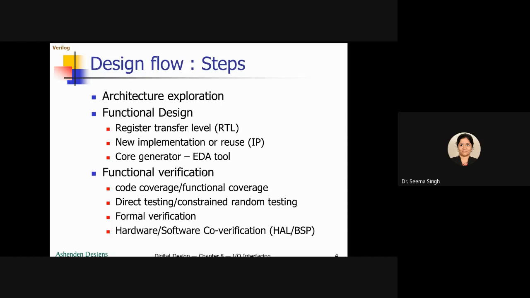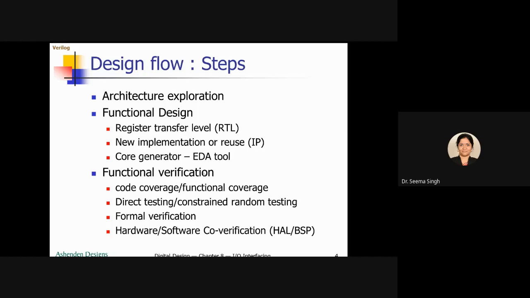Now, under functional verification, there are two important terms. One is called code coverage, the other is called functional coverage. Now, code coverage, as the name suggests, refers to the proportion of lines of code that have been executed at least once during simulation of the design. What do you mean by this? It means that if you have written 1,000 lines of code, and when you are simulating the design, there will be so many if else statements, or there will be subunits in the program itself.